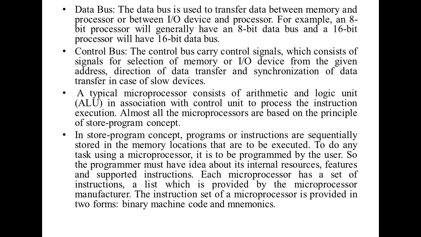Then the data bus is used to transfer data between memory and processor or between an I/O device and processor. If the data bus is of 8-bit, then it will be called an 8-bit processor. If the data bus is of 16-bit, it will be called a 16-bit processor. The next bus is the control bus, which carries control signals used for the selection of memory or I/O device from the given address, direction of data transfer and synchronization of data transfer in case of slow